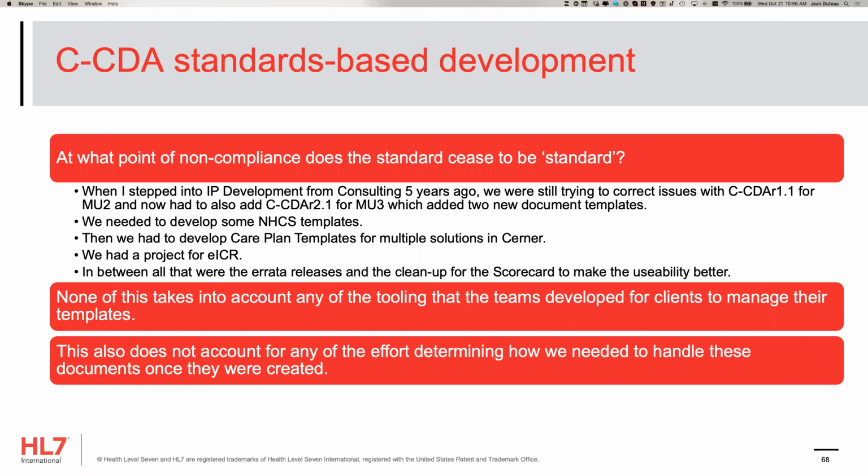But in between that, we also had a lot of errata releases and cleanup for the scorecard to make usability better. But when we're doing a lot of that, it seems like we're iterating on these standards and correcting the things that we're finding in the field as we're actually trying to implement